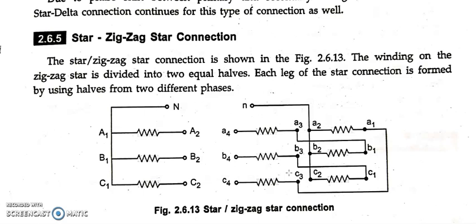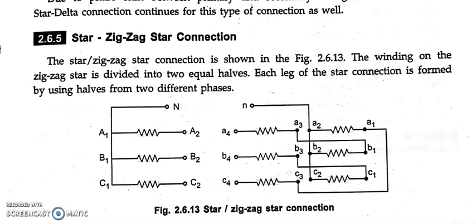So just remember, such types of connections are usually used for what? Grounding purposes as well as earthing purposes. Okay, and also it is very cost effective when compared to other grounding instruments. It also usually mitigates the triplen harmonics like the third, 9th, 15th, etc. So it will suppress all of them so that the effects caused by such harmonics are not seen on the secondary side. It also provides low impedance as well as low resistance to the zero sequence current. Zero sequence current can easily pass through such a system.